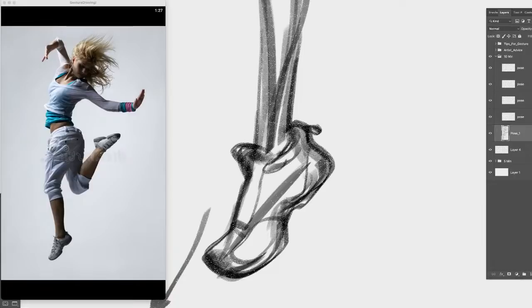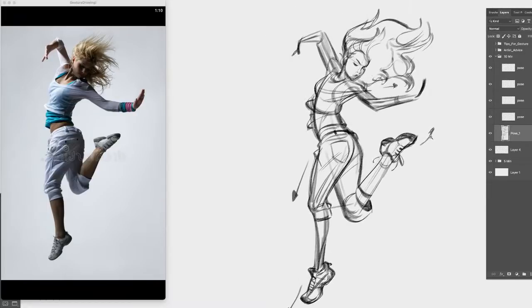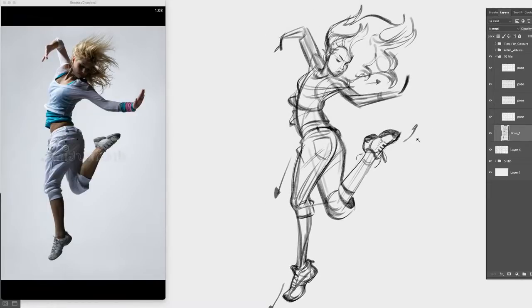You can also improve it, push it a little bit more so it reads like a shoe, you know. And the shoelaces, even like this is enough. Don't go too detailed. Right? So that's pretty good, and still a little bit messy because my lines are getting darker and darker. But like I say, we can